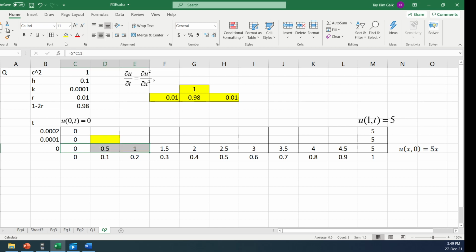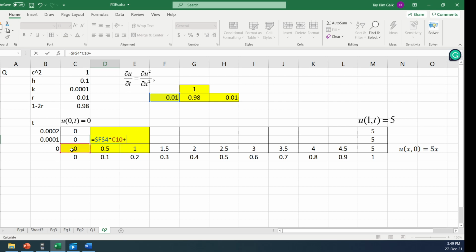When you apply the molecule this way, if you take the cell here, make sure you make it constant because this is a constant value. The coefficient of the left bottom is multiplied by the left bottom cell value, plus the center bottom coefficient, which is 1 minus 2r,